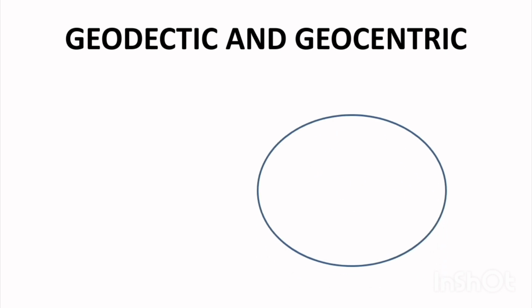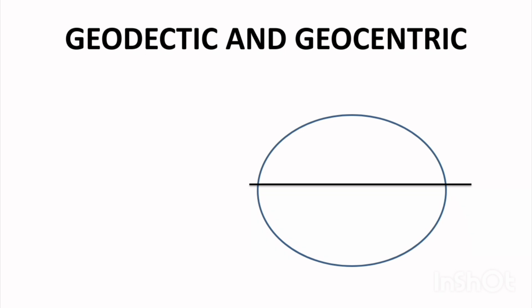Right, so now let's discuss the geodetic and geocentric latitude. I have forgotten to write "latitude" after geocentric, so please remember that. Now let's see, this is the shape of the earth, which is an ellipsoid or oblate spheroid, meaning flat at the poles, bulged or wide at the equator. So you have to remember this term very seriously. Earth's shape is oblate spheroid, flat at poles, bulged at equator.